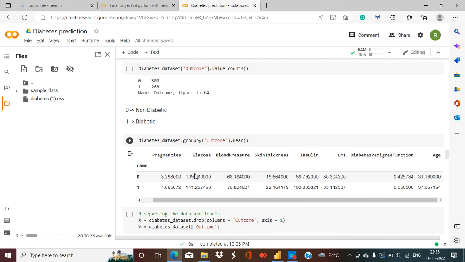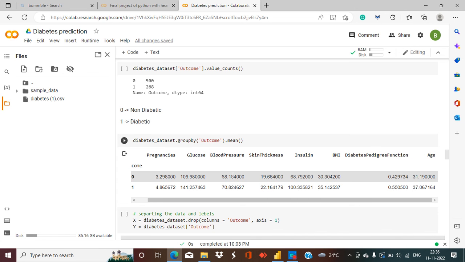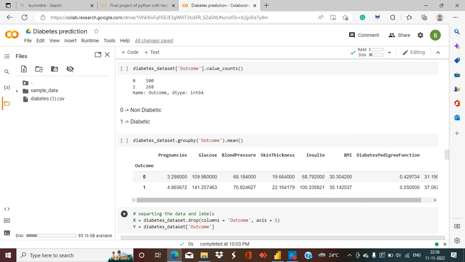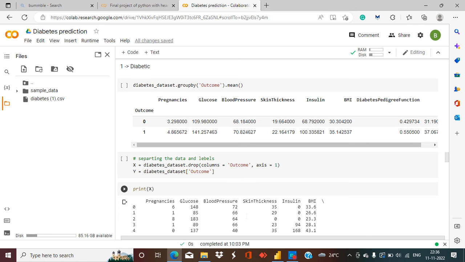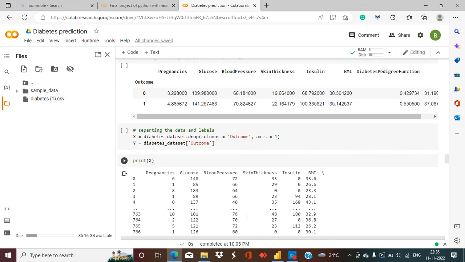Then we group the data based on outcome, and have a look at the data to find if there is any unique insight. We didn't find any, so we go further. I can't go much deeper in this project because I want to make it simple, and slowly we will deep dive into complex data and complex machine learning models. Then we divide data into x and y variables,